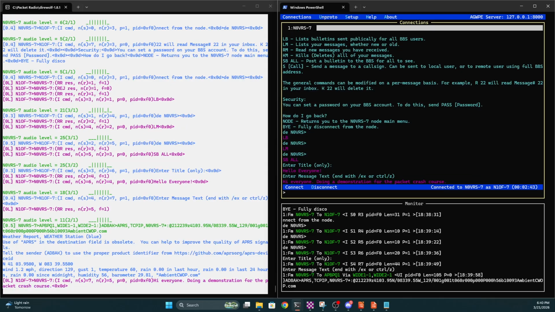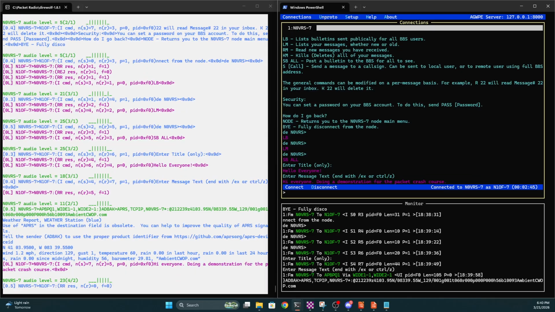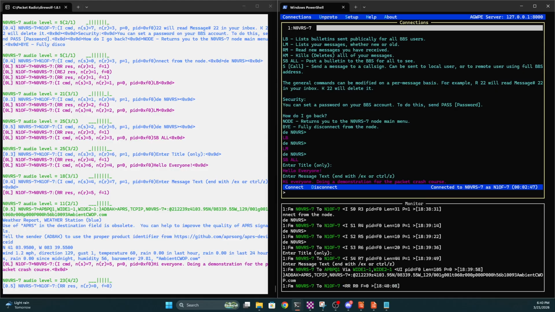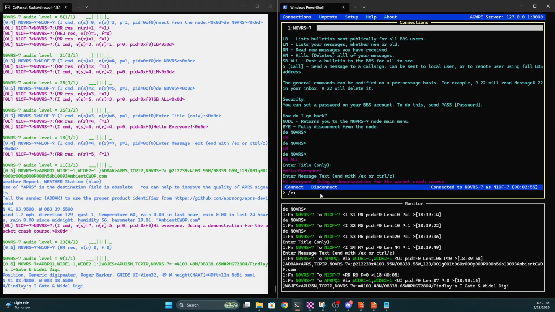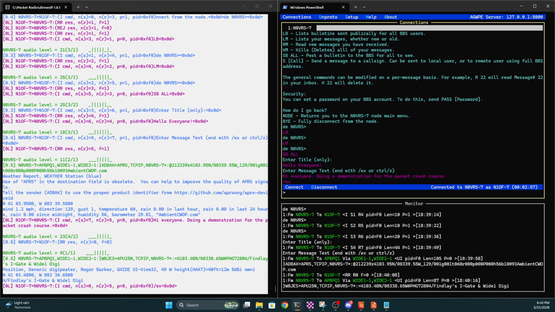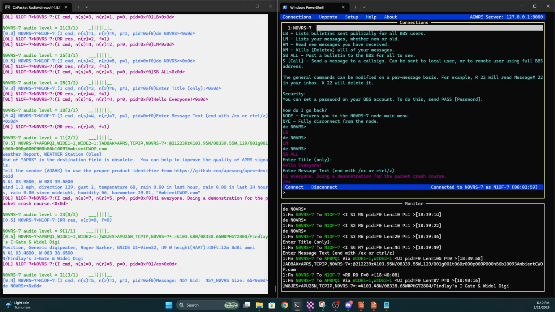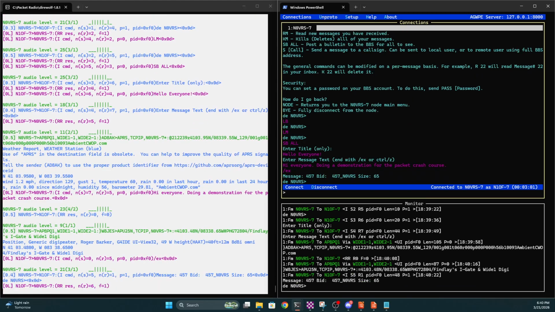And if I hit enter, this doesn't necessarily post the message. I can continue typing. That just put in what's basically a line break. So I want to put /ex, like it says up here how to end it, end with /ex. That's what we will do. I don't trust the Control-Z method in this. I just do /ex, and there we go. My new message that is posted now has a new number, it has an identifier,